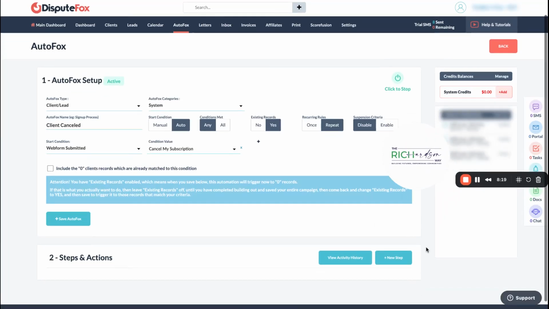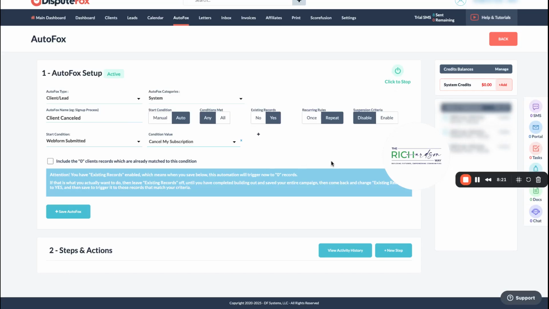Okay, so now that is saved. It's going to go to client or lead. The title is client canceled. You guys can call it whatever you want. Start condition is going to be automatic. Any conditions met, it could be any existing records, yes,